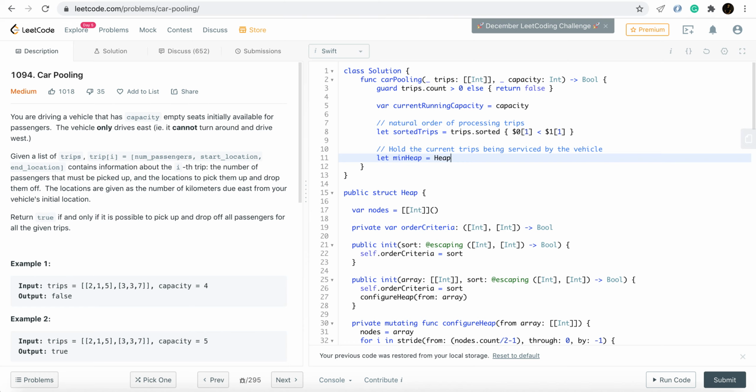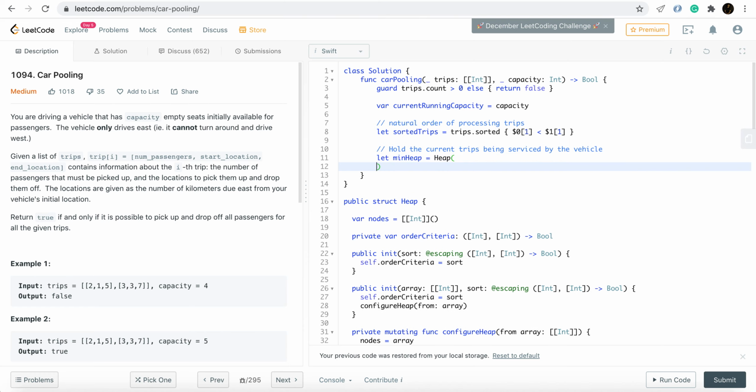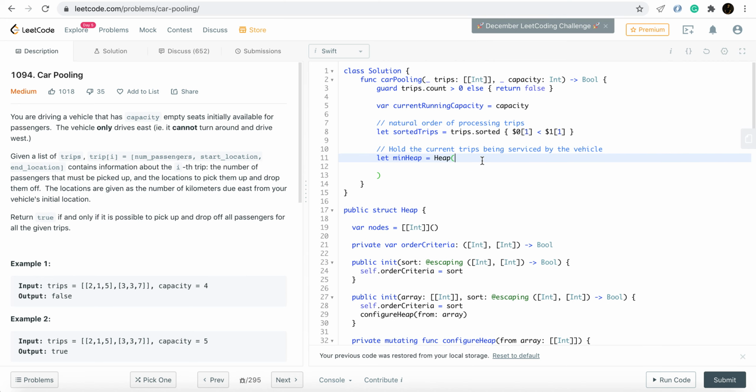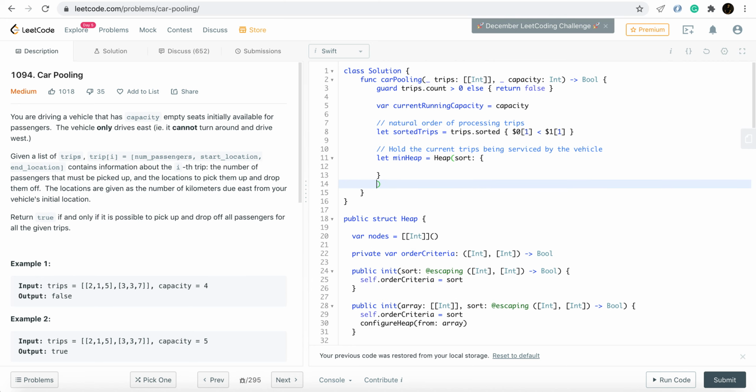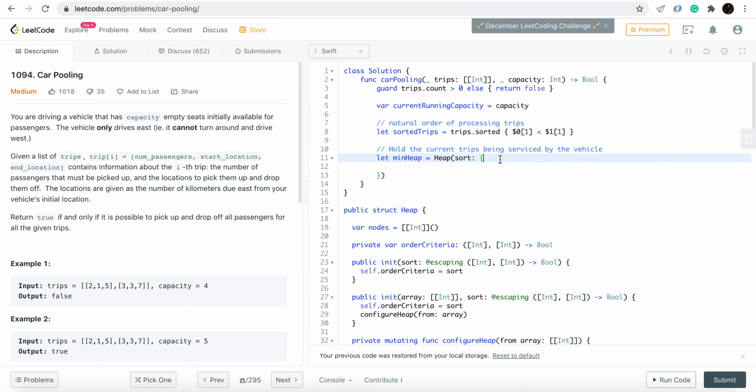So I'm constructing a heap, passing it a closure. I'm just going to format this a bit. Again a little complicated. Don't worry about it.